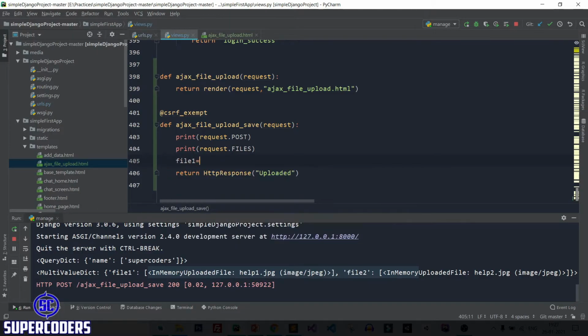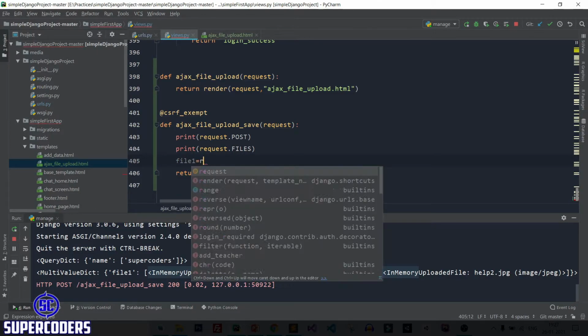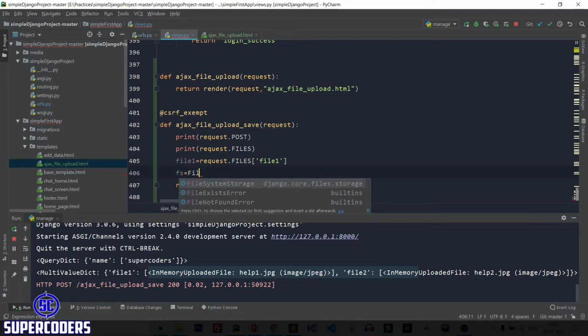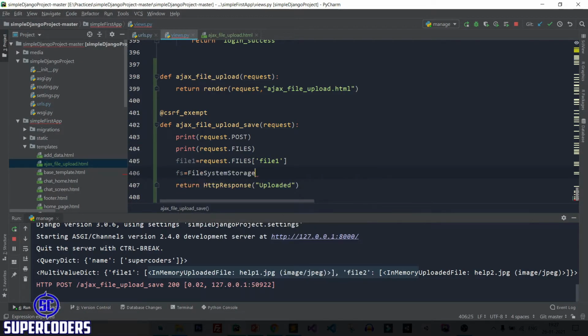Simply file1 equal to request.files, then file1. After that, fs equal to file system storage, creating the object.